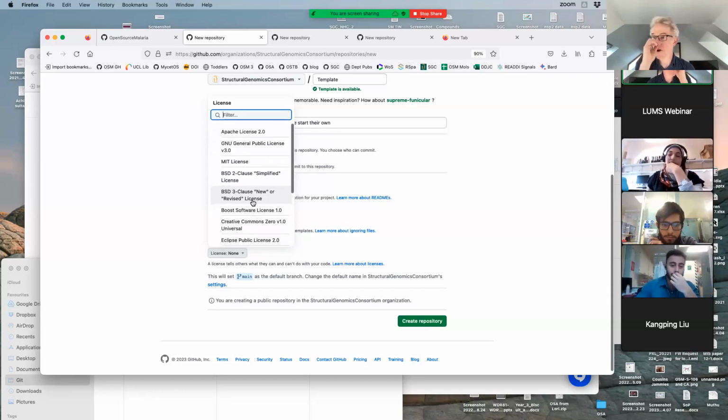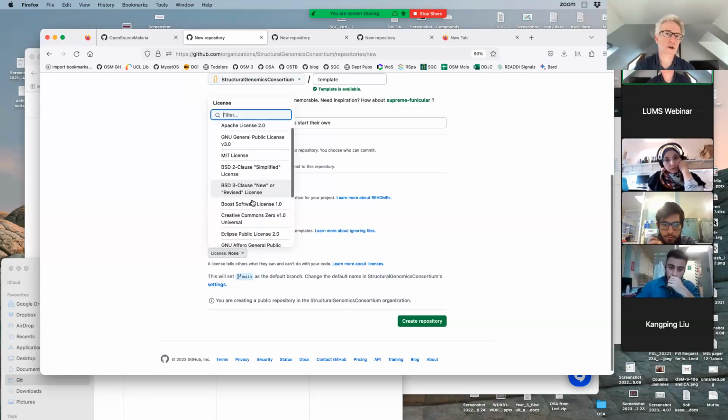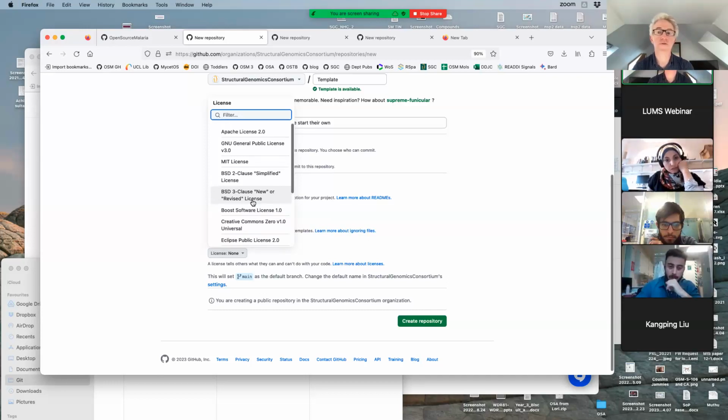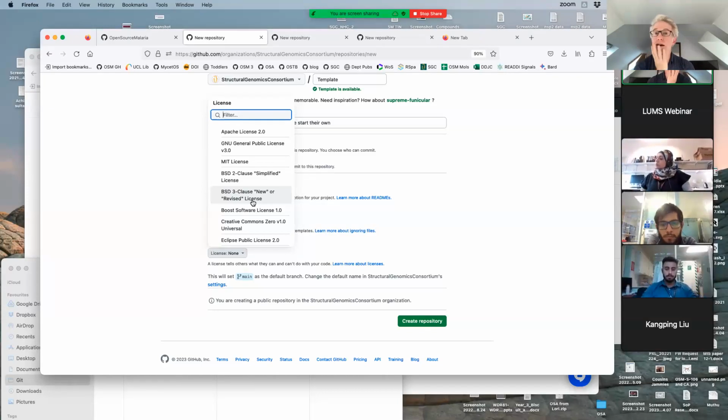And none of them are quite right as far as I'm concerned. We can go on and on about why later, but these are all licenses to do with software and code. It's not quite the same for us doing science projects, where we have to worry about other things, like data and physical samples and stuff like that. So the license that we have adopted to date for everything, as an approximation of the license we need, is